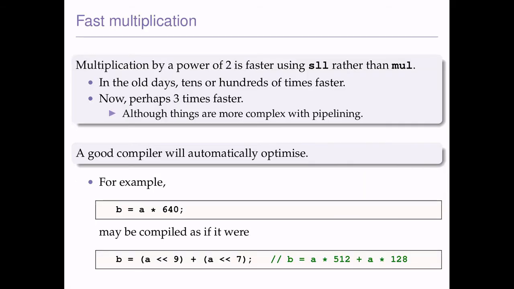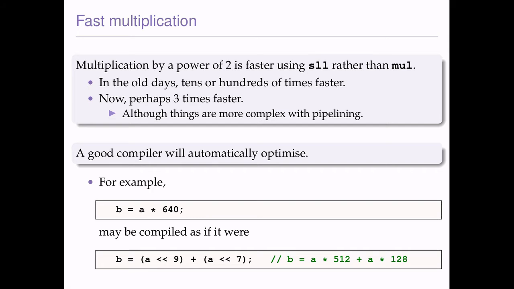Now, the reason this is good is because it's faster than using the mul instruction. So it used to be much faster. Now it's about 3 times faster roughly, but we don't really need to worry about the details of that. An important thing is that a good compiler will automatically optimize the multiplication to take advantage of the shifting left